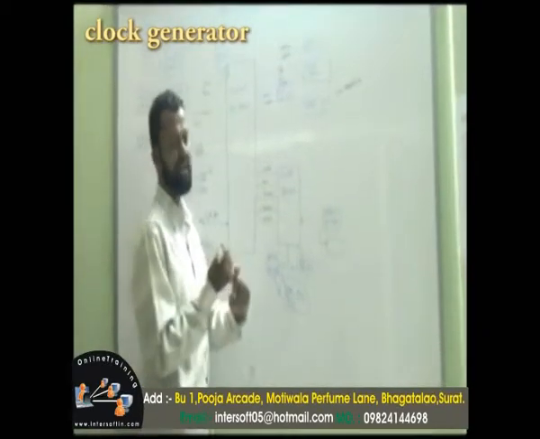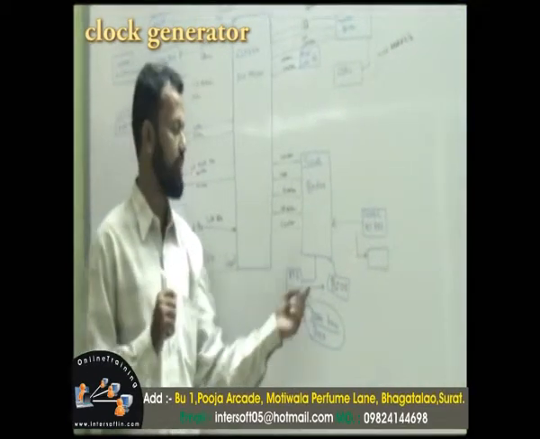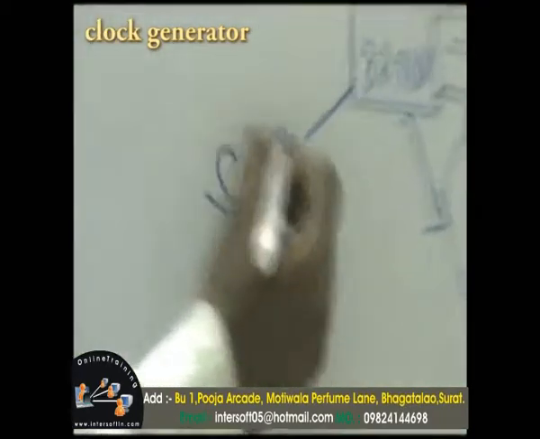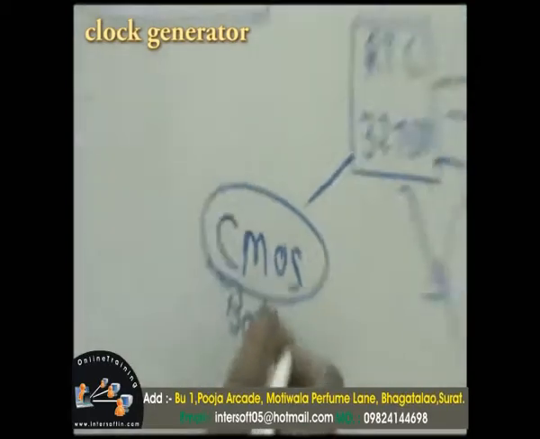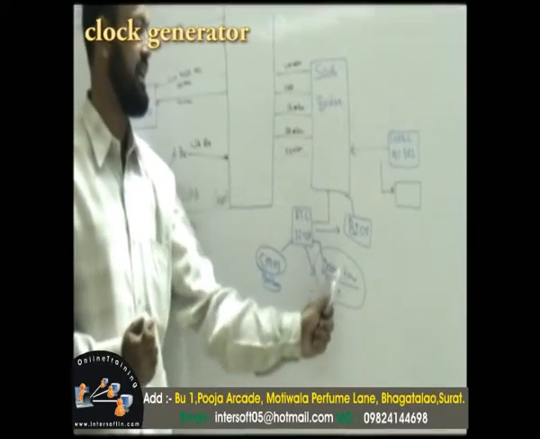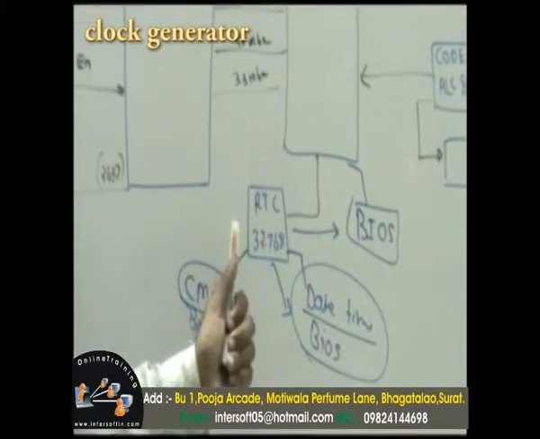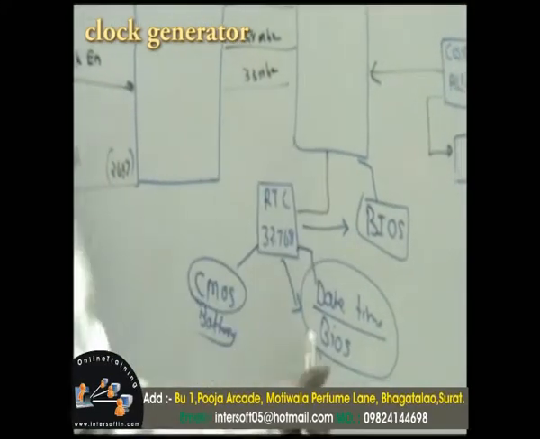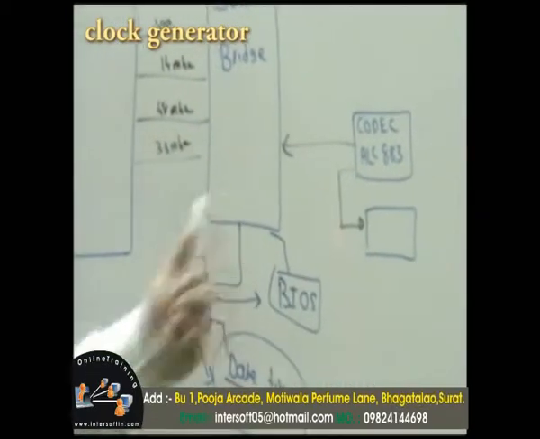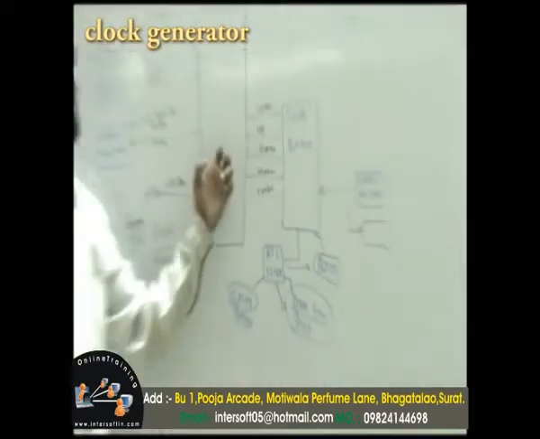These require these crystals. When you disconnect the battery and you disconnect the charger, the RTC will still run with the help of the CMOS battery, and this requires power from the CMOS battery. The CMOS battery supplies the RTC, and the RTC, date and time settings are always retained when you disconnect the charger or disconnect the battery. Then also this gets the power to the South bridge, and the South bridge gives the basic functions power supply on. And when you just press the power button, then this clock generator will be on.